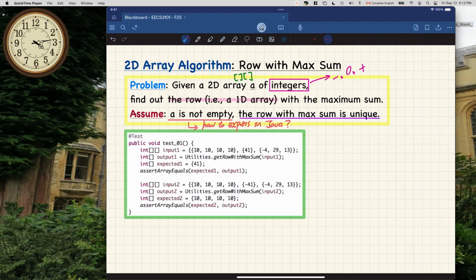So the input of the method is going to be a 2D array. However, the output will be a 1D array. All right, so that's something you will also see. Okay? So this is like a very informal description which you will usually be given as part of the comments. But to really see exactly how to declare the methods and also how to implement the body of the method,